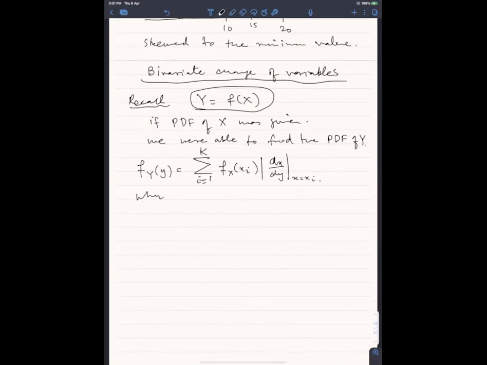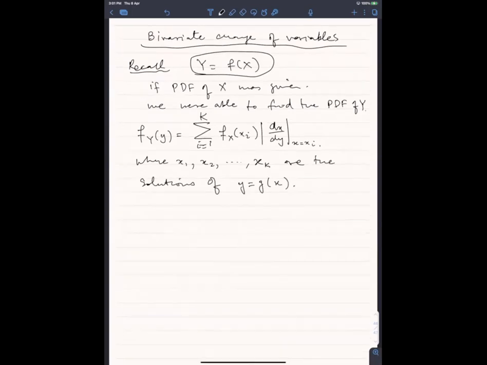Where x1 x2 dot dot dot up to xk are the solutions of y is equal to gx।